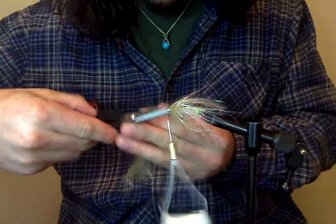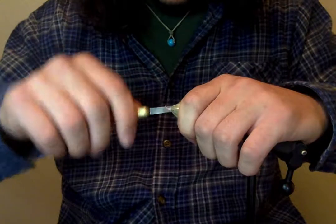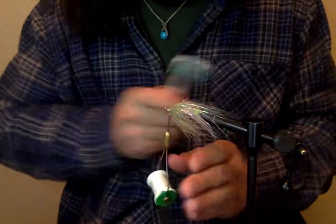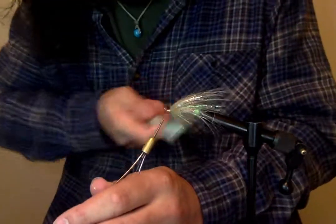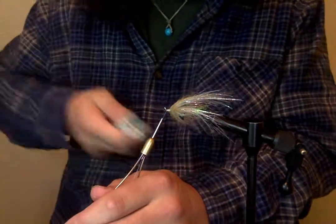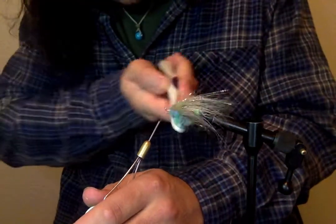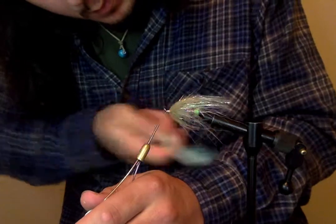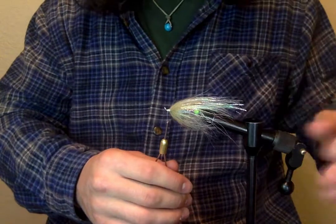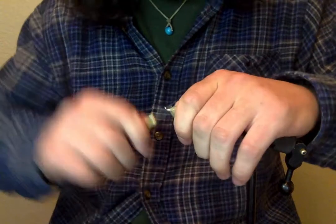give it a trim. Make sure to push that wire back so it's not in the way of everything. And come back where you started. Give everything a good brush. And then to end the fly,